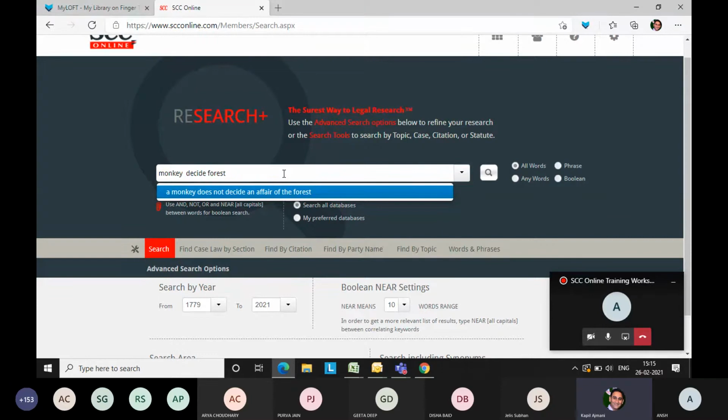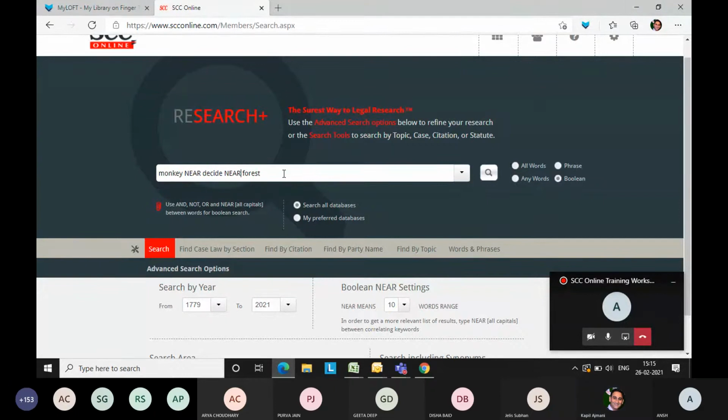And the third one, which is actually incorporated in our software, is near. We are looking for particular words which are close to each other, and we can decide their proximity also. Selecting here the word range you want, maybe 4, 5, 10.